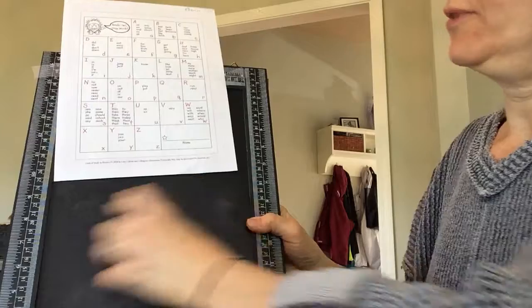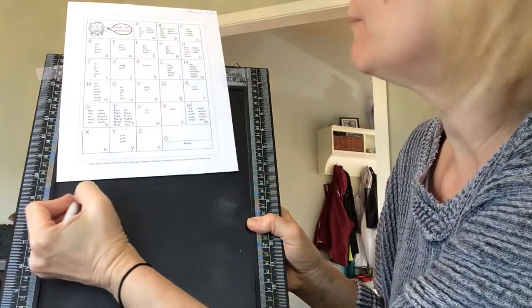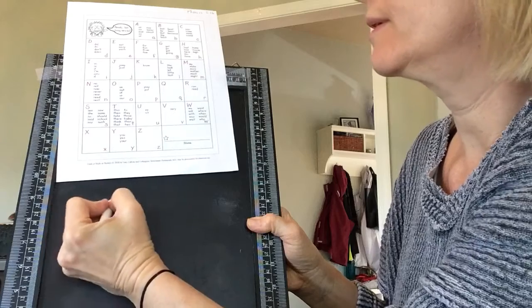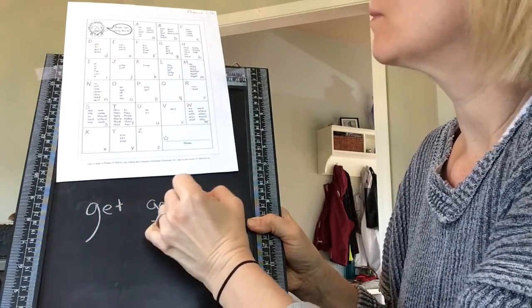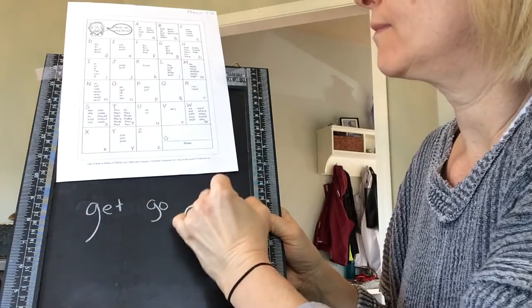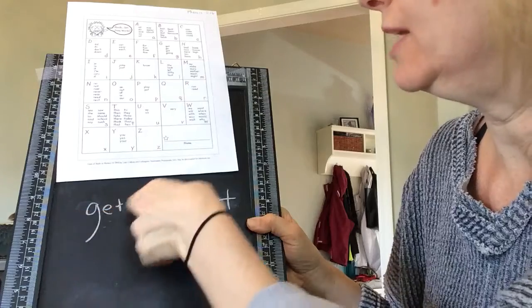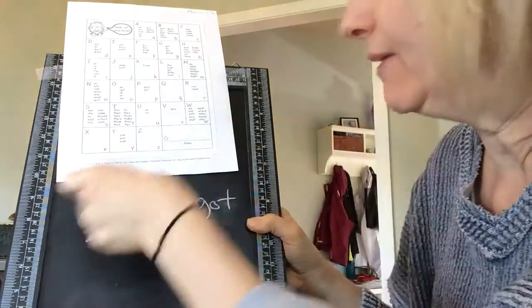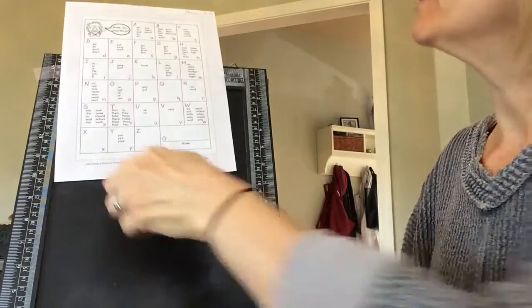So that's how you play this game. You could choose a different one, like let's say, for instance, you could say what's the same with these words. So you could say it's the G at the beginning, right? It's that beginning sound. That's what makes those three words the same. Or you could say, how about